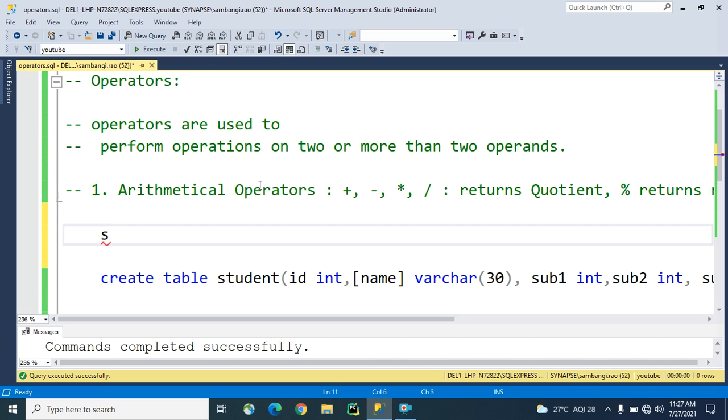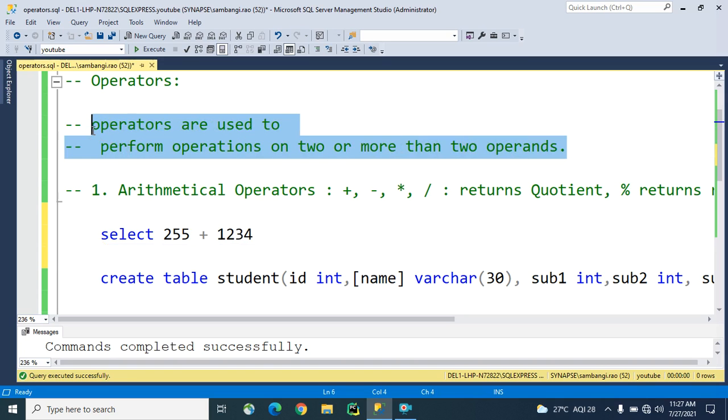Like if you want to know about 2255 plus something, here see guys, what is the use of operator? It is used to perform operations on two or more operands.